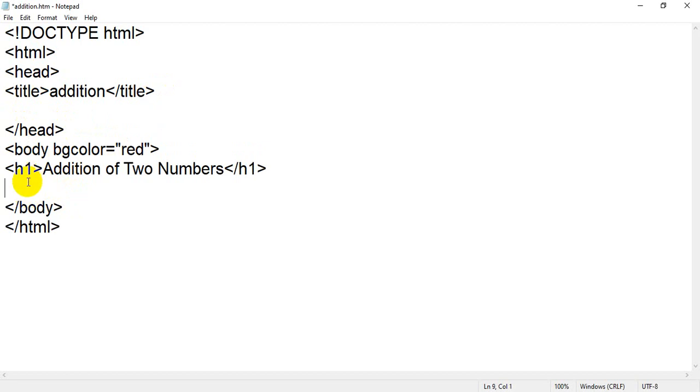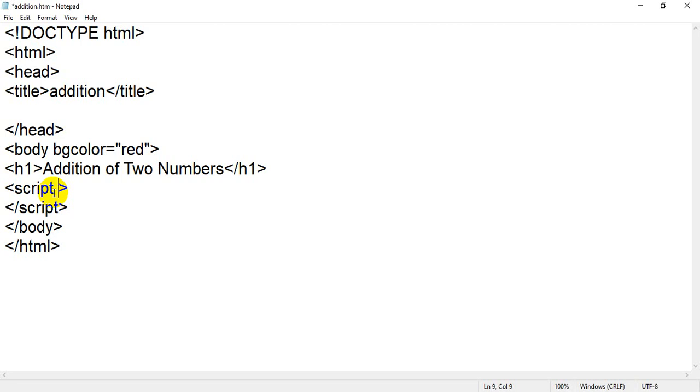To insert any JavaScript code, you have to use the script tag, because HTML is a language of tags. So if you want to insert JavaScript, HTML provides a tag called the script tag. By using that script tag, you can insert your scripting language, that is your JavaScript. I have added the script tag, and I have to mention the name of the scripting language, which language I am going to use.